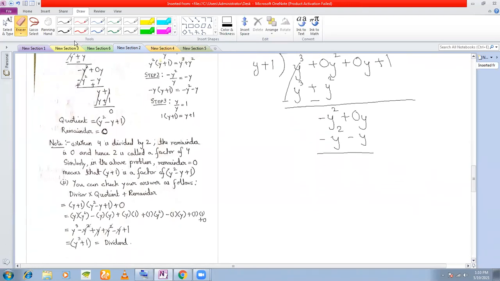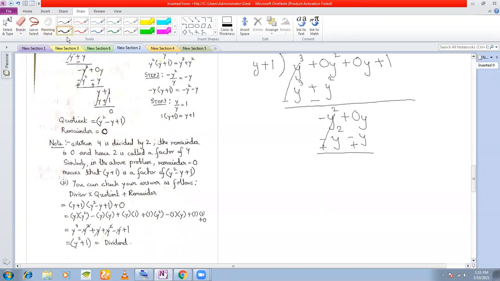Okay. So now what happens? Subtract, plus, this cancels. Now again this is 0 minus 0 into y minus y, which is 0 minus y, isn't it? It will give you simply a minus y. So you write a minus y. Sir, sorry, this is plus y. 0 into y plus y. So this is plus y, not minus y.